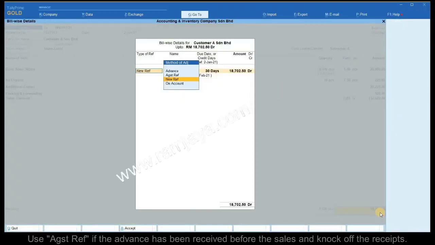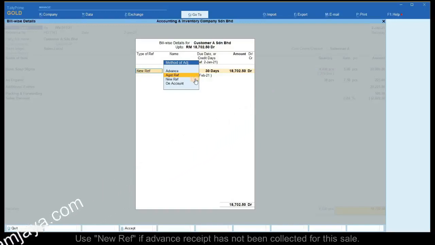This is used to track the pending invoices, generate aging analysis, and to make receipts against the pending invoices. The option Advance is used mostly for advance amounts received as deposits before the sales. The option Against Reference is used to offset the sales when funds are received. The option New Reference is used in sales to indicate that a new invoice is issued without any previous references